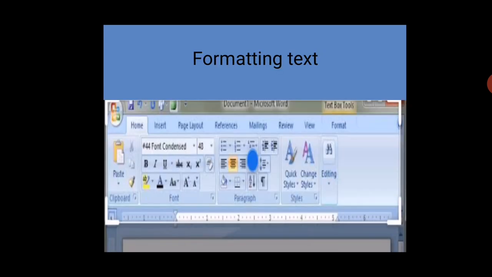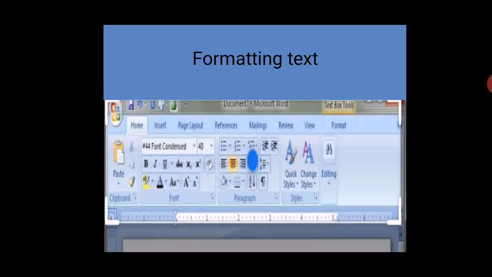Our next topic is how we can format our text in a slide. In the previous two videos, I already explained how we can edit our text in MS Word and MS Excel. So first we go to the Home tab, then the Font group or Paragraph group.